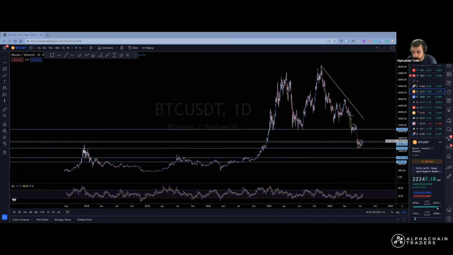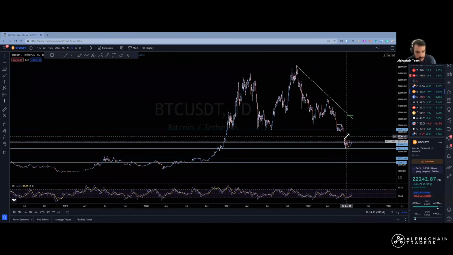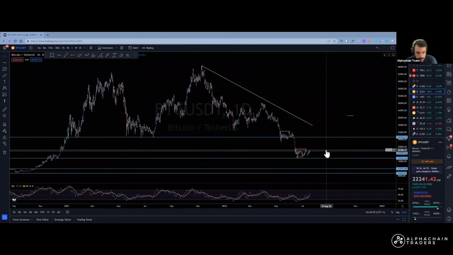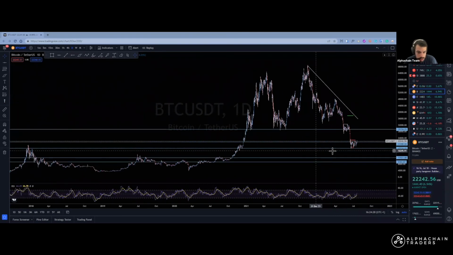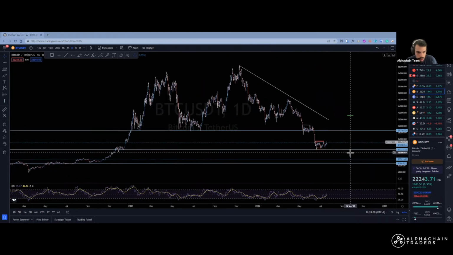But for now, is this a good level? I've never enjoyed anything in here, and I've been bearish for a long time until this was broken. And after seeing this, it was still not really interesting to me. But when I saw price actually reacting from this level, where Ethereum also reacted from, I could see that even though I'm still bearish, price can still go further down, and I think the economy is still going to go further down, like the indices, and as a consequence, crypto as well. However, it makes sense to me that maybe we are in the moment that you are going to see some